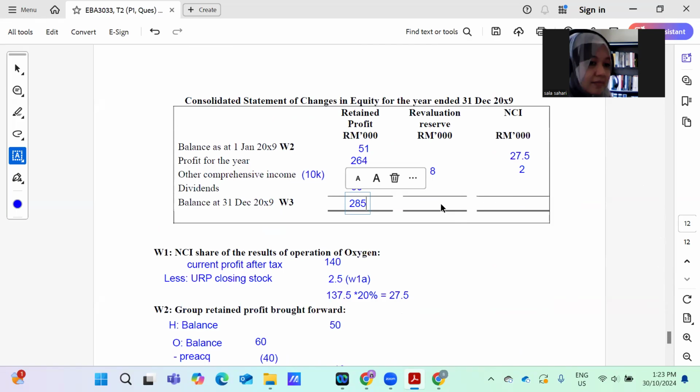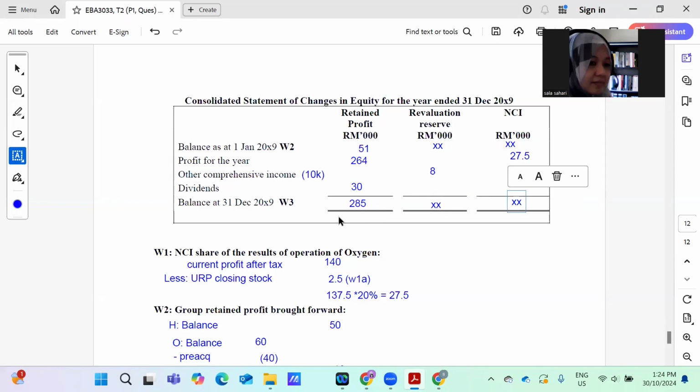But this one, we don't have the figure lah, because we don't have balance on revaluation reserve. We don't know, not given in the question, and also NCI also not given in the question. So that's why this part we don't know lah. So we just put XX lah, whatever is the figure. All right, except for this one lah, you need to get the figure of 285, balance of